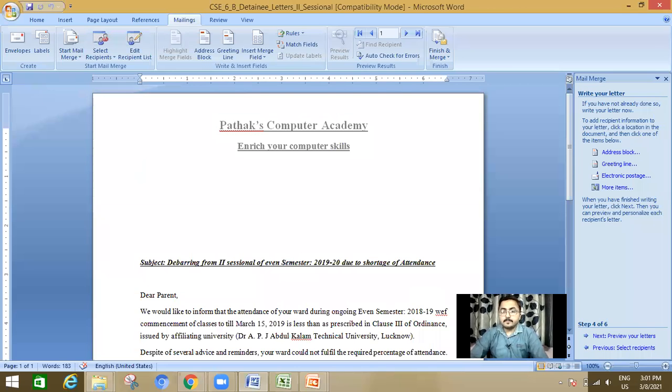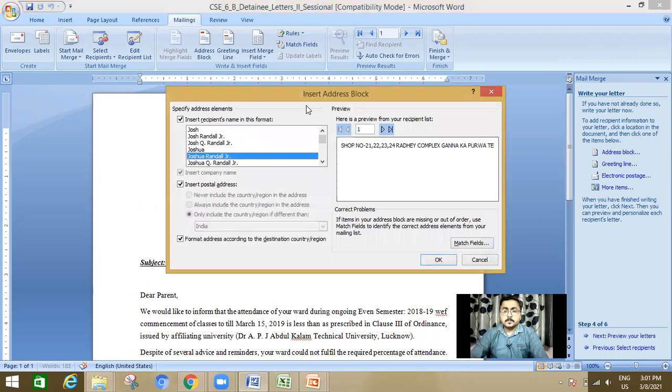Like this. In step 4, click where you want to insert the address. Okay? And after that, on the right hand side, you can see that the Address block button is there. Click on that. The Insert Address Block dialog box will appear.